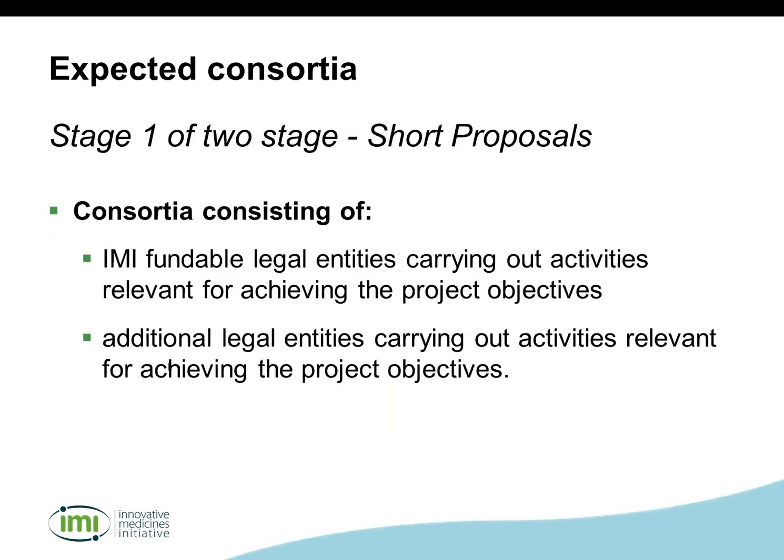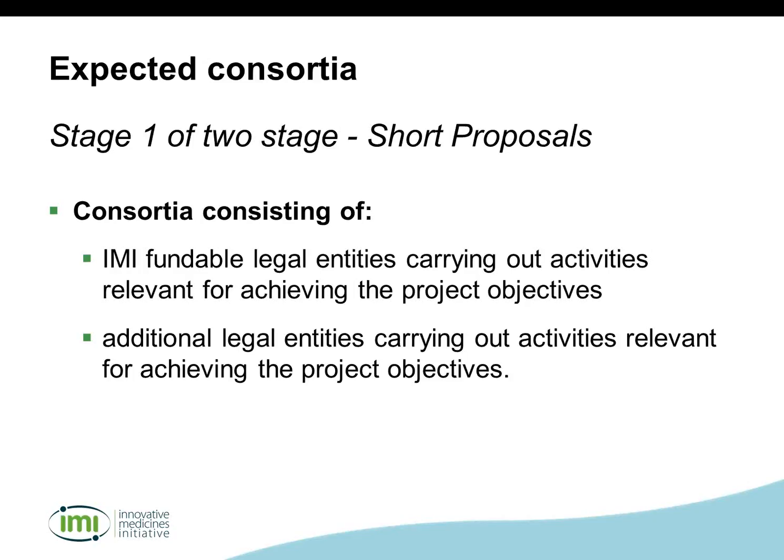So just to summarize, what we expect at stage one of a two-stage evaluation process. As I said, stage one is normally to select the applicant consortium. It is the very competitive step where applications, as short proposals, are presented by a consortium composed of fundable legal entities, which are those organizations I just mentioned earlier, which are eligible to receive IMI funding. But this does not prevent any other organization which is not eligible for receiving GU funding from being part of the same proposal, as far as it's carrying out activities which are relevant for the